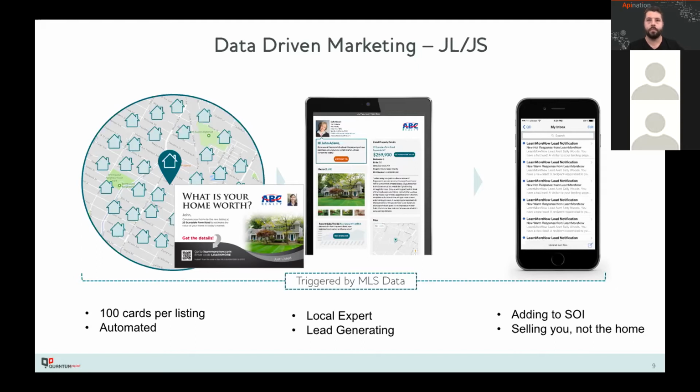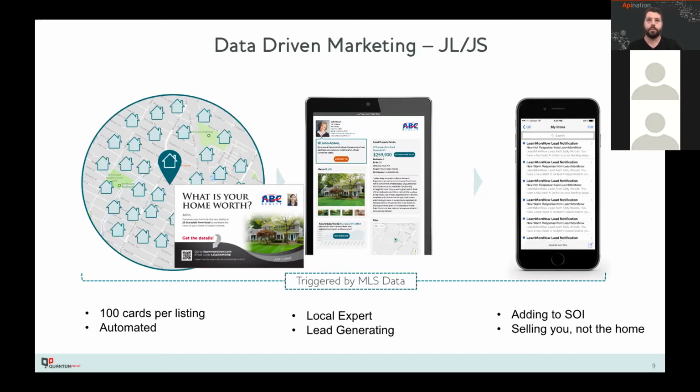You're establishing yourself as the local expert, because the turnaround time, these are first class postage. By the time you order, they're going to be in your market from 4 to 7 days. So people are moving properties way faster than that. So what it's going to do is it's going to let everybody know, this is my listing, or I just